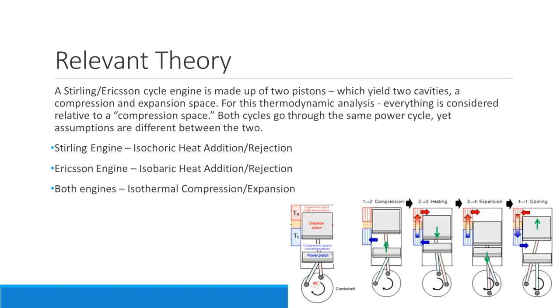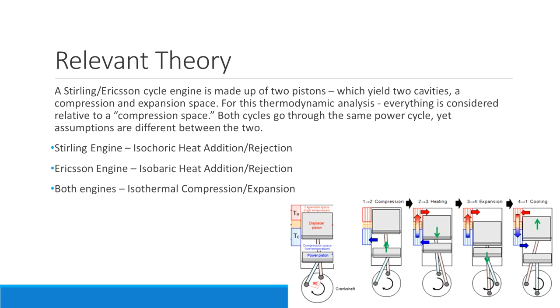So the theory of the Stirling and Ericsson engines is that there's two spaces made by two pistons. There's a compression space and expansion space, as we see below there. And basically the Thermo system operates within the compression space and is relative to everything going on in the compression space. The main difference between the Stirling and Ericsson engines are just that the Stirling engine uses isochoric heat addition and rejection, whereas the Ericsson engine uses isobaric heat addition and rejection, and both use isothermal compression and expansion in the ideal